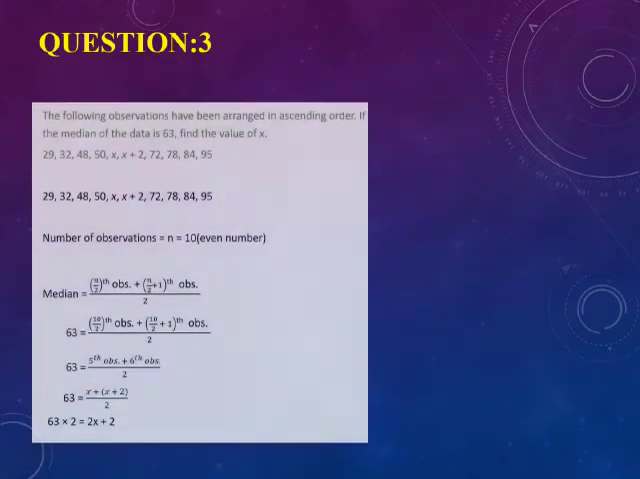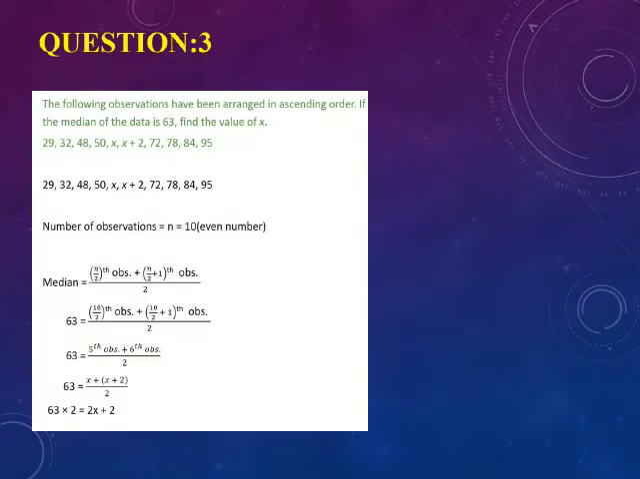Third question. The following observations have been arranged in ascending order. If the median of the data is 63, find the value of x. Here they have given the data. Then number of observations: totally 10 observations are there, that is even. So for even we have a formula, n by 2 and n by 2 plus 1, divided by 2. So 10 divided by 2, that is 5th observation, and 10 divided by 2 plus 1, that is 6th observation,